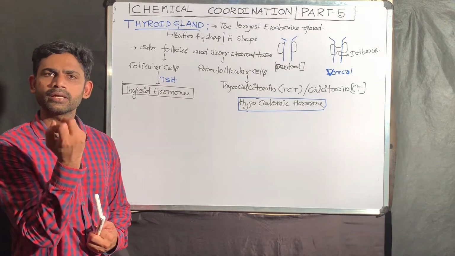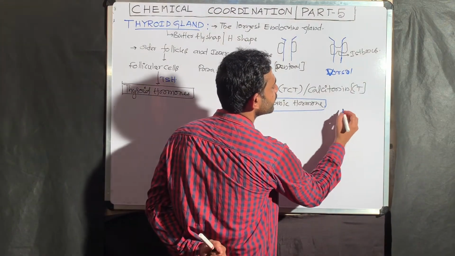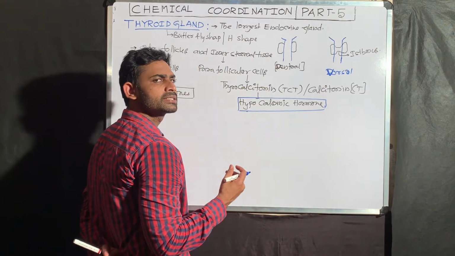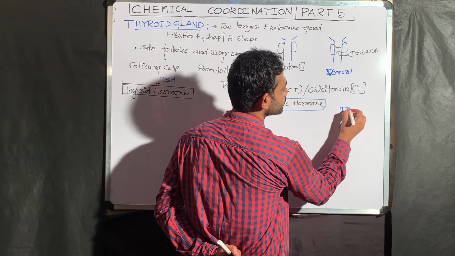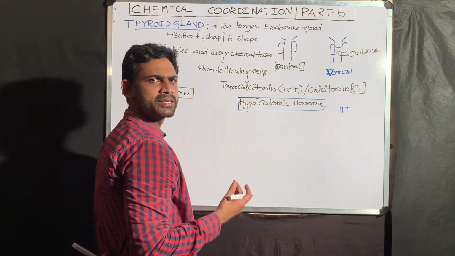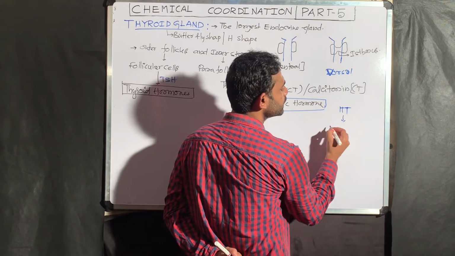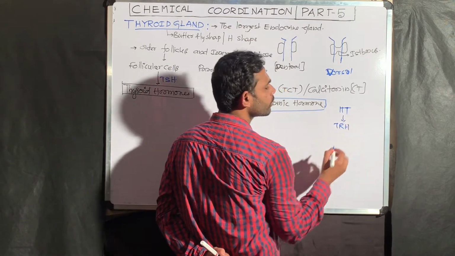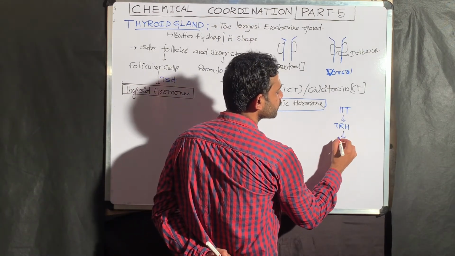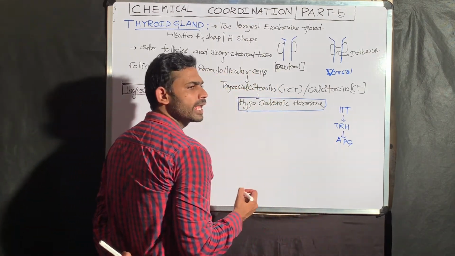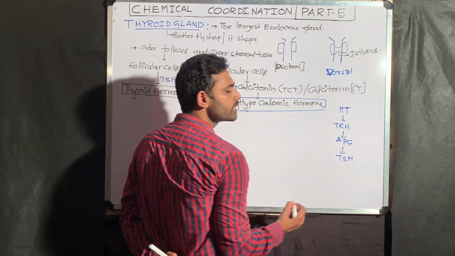How to understand the chemical coordination now? For example, every chemical coordination starts with which part? Immediately you have to take the hypothalamus. Okay? That is because that is the master coordinator of the hormonal action. Then the hypothalamus releases TRH, thyrotropin releasing hormone. Where will it go and act? It will go and act on the APG. Then when the APG is stimulated, what will it release? It releases the thyroid stimulating hormone.